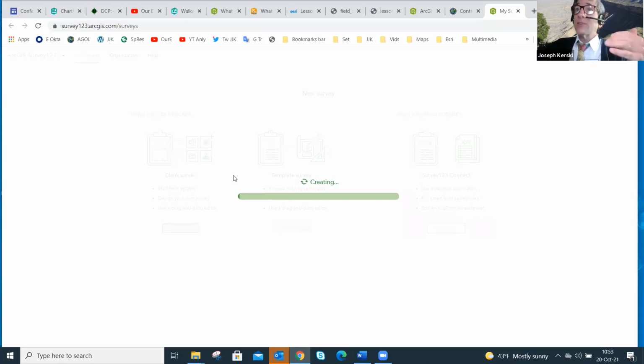So once I do that, what I'm going to get is the ability to add certain items. And while that's creating, what it's doing behind the scenes is creating a feature service. So as opposed to Field Maps, where you have to set up the geodatabase and the feature types and the domains and the subtypes and all that kind of stuff, this is actually creating it behind the scenes, which is why it takes a little while to get rolling.